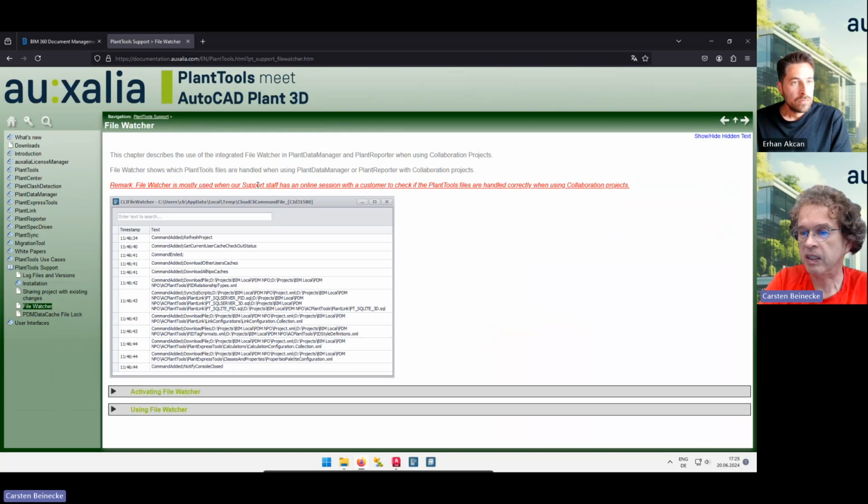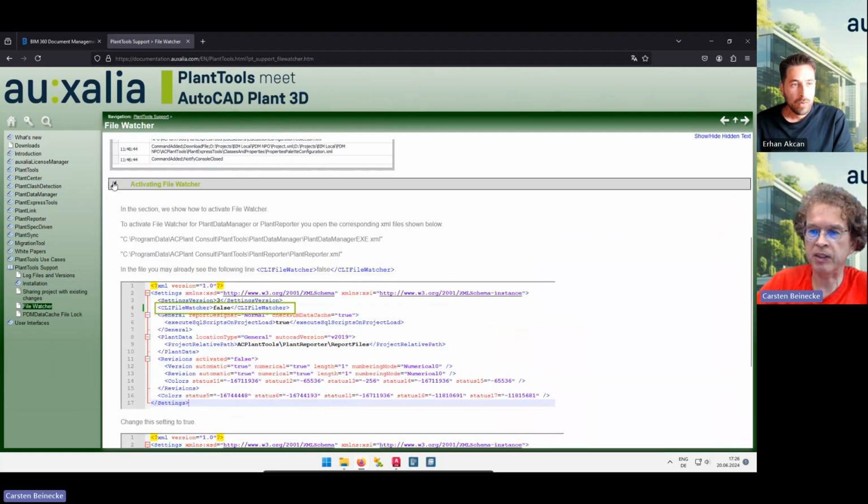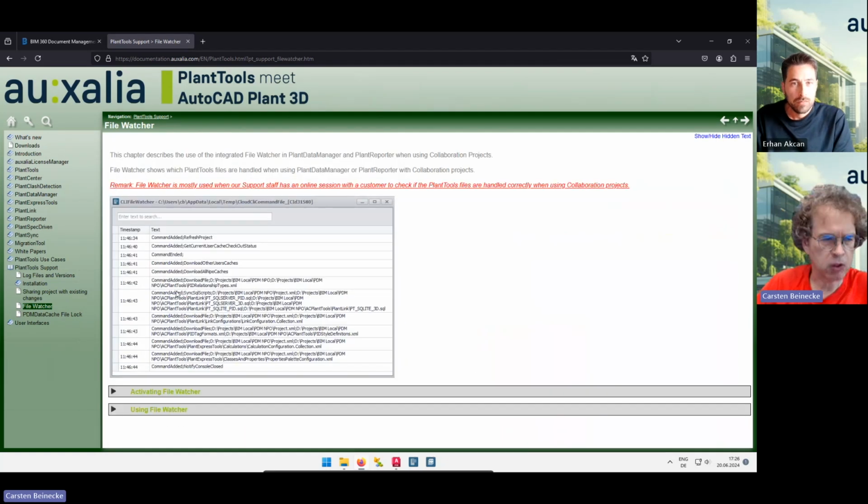If we want to investigate why, let's say, a certain configuration file is not handled, or maybe it's handled, but it's not checked out, it's only downloaded, something like that, we can use that for monitoring purposes. There's also a topic on how you can activate it yourself. We don't have a checkbox for that in the settings. We didn't want to make it too convenient,